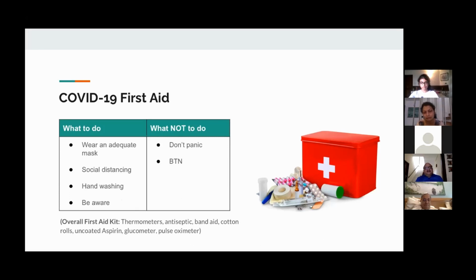Separate room with separate bathroom. Where do we get that in most of the houses? It's not possible. Maintain a distance of 2 meters. That's also very important. And of course, the other people in the house should also wear masks. I'll be elaborating a bit more on masks later. You should practice good hand washing so that, again, the risk of transmission is less. And the most important thing, I would say, and this happens to anybody, it may happen to me also tomorrow,